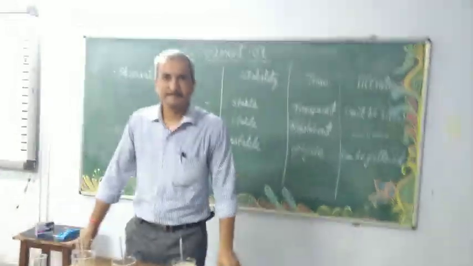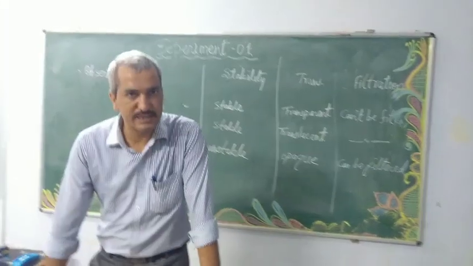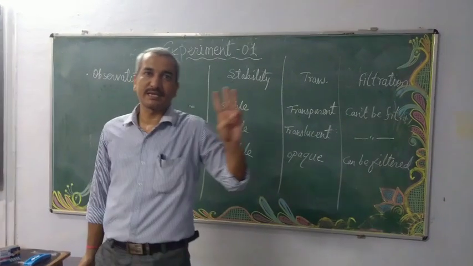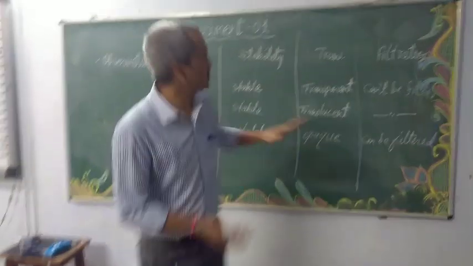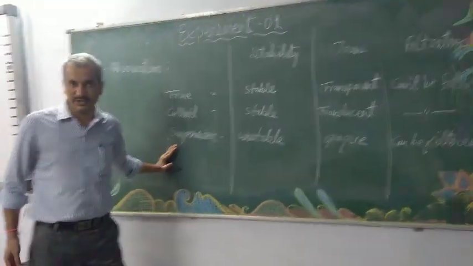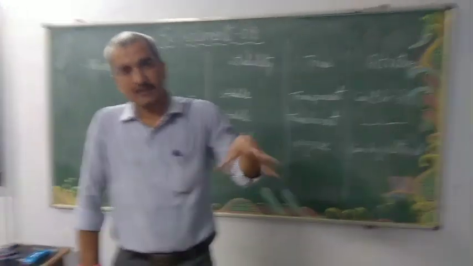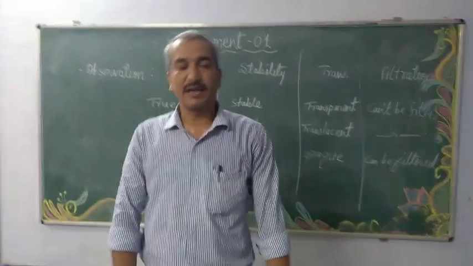So this was your first experiment. I hope you understood, and whatever you learned in theory, you understood here as well. Got it? So basically 3 types of mixtures are there on the basis of particle size: true solutions, colloids and suspensions, and you have observed the different properties of these 3 types of solutions. So write this procedure in your file and maintain a good record.